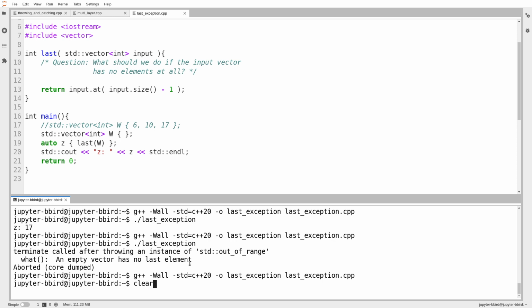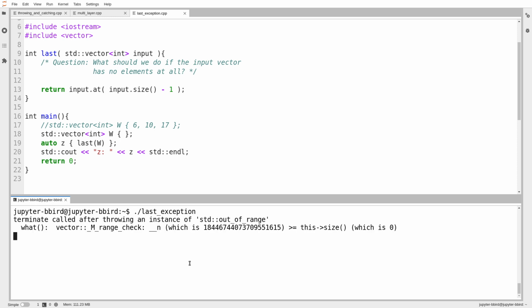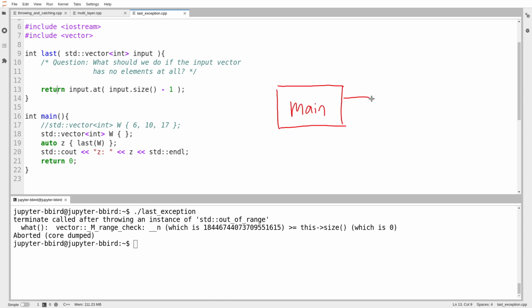So I'm passing in an empty vector, which obviously has no last element. And I notice, hey, what I ended up throwing was out of range. The function still throws an out of range exception, because what I'm dealing with here is I'm in main, and I call the last function. And the last function calls the .at function. And the .at function, as we know, if we provide an index that makes no sense, and on an empty vector, every index makes no sense,